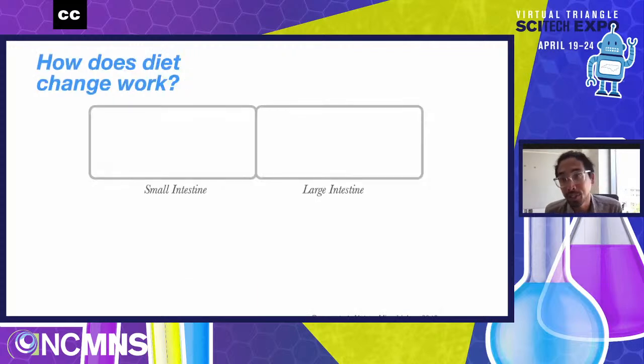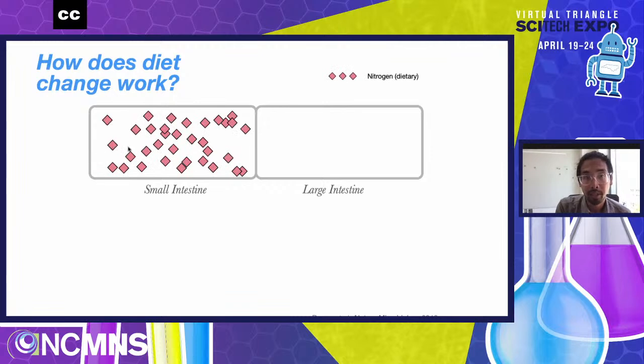So how does this work, or why does this happen? We've been studying this for a number of years now, and really, we think it's a really cool kind of natural ecological system that involves us and not just bacteria. So what happens, we think, is that there are two main compartments to our intestines, the small intestine and the large intestine. Food comes in from the left here and it goes into our small intestine. And it turns out actually that most of the nutrients that we eat don't end up in the large intestine for bacteria. We actually absorb them.